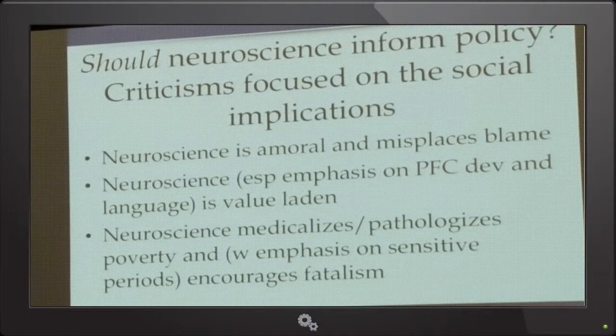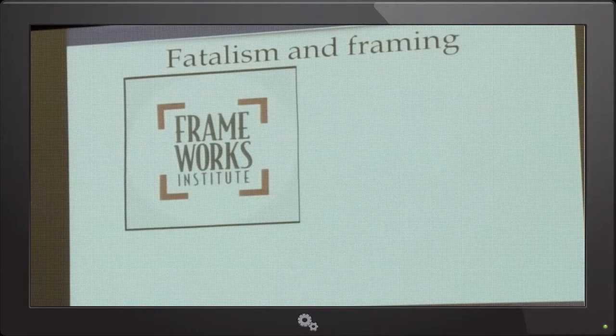Neuroscience medicalizes and really could go on to pathologizing poverty. And the emphasis on critical periods encourages a kind of fatalism, like, well, this child is 5 years old. They've missed the boat. They're damaged goods. Forget about them. Right? We wouldn't want that. Now, I want to just very briefly mention the fatalism, the emphasis on starting early,